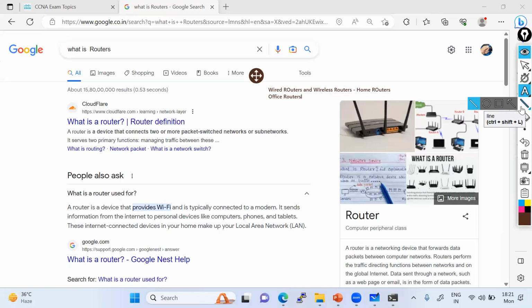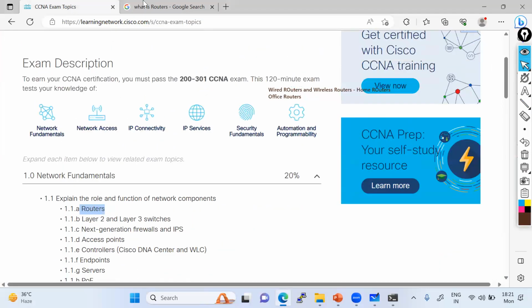So a router is a medium responsible for connecting your LAN or WAN network. So what is a LAN network? What is a WAN network? You just have to understand what a LAN network is and what a WAN network is. If I talk about the LAN network, right? A LAN network is something in your office, right? And let me just